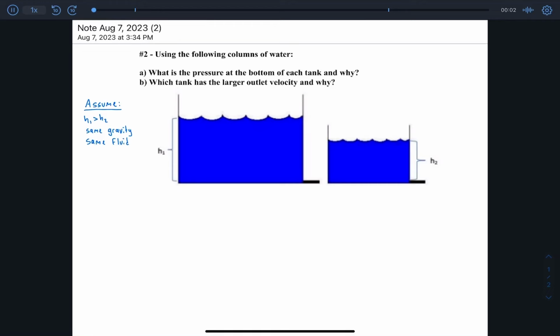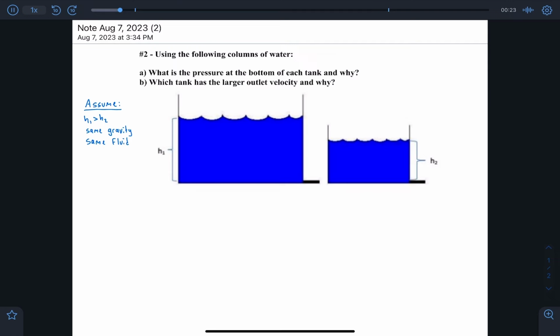Problem number 2 asks us to use the 2 following columns of water that are given in the diagram below, and with those 2 columns of water to find out what the pressure is at the bottom of each tank and which tank has the larger outlet velocity. But it doesn't just ask us to find those values, it asks us why. And so we're going to have to do a little bit more explaining and deriving in order to give a